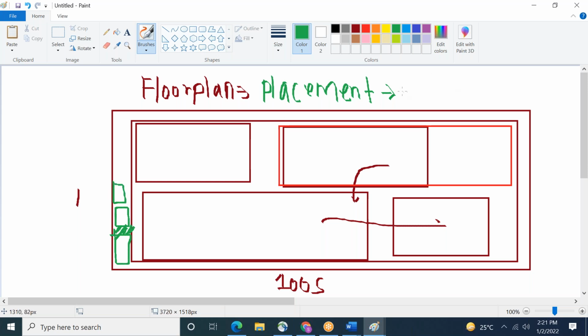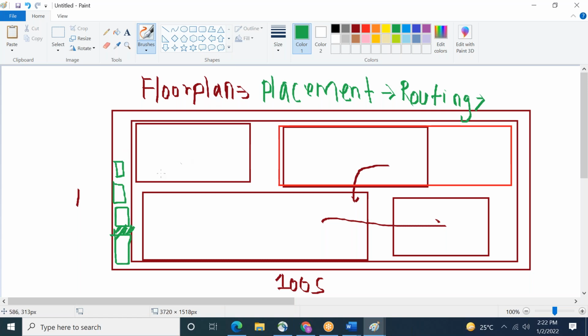How this connection is done is called routing. Routing means the connection in layout terms. Once the routing is done, you cover it. So the first floor is done. Then you go up to the second floor, third floor, like that.